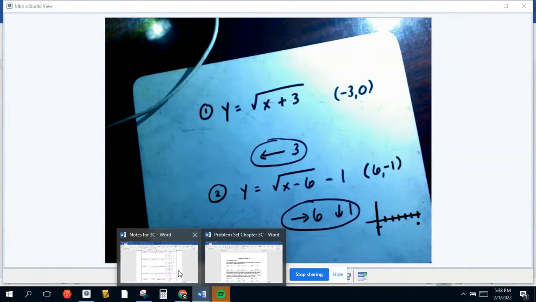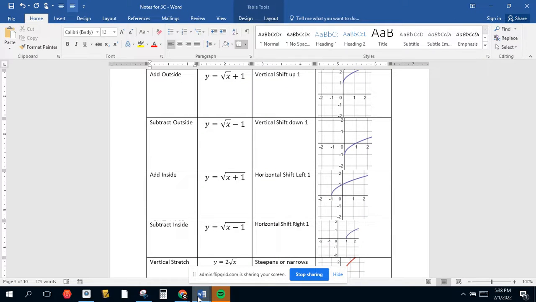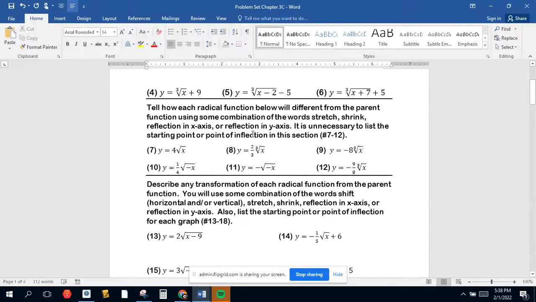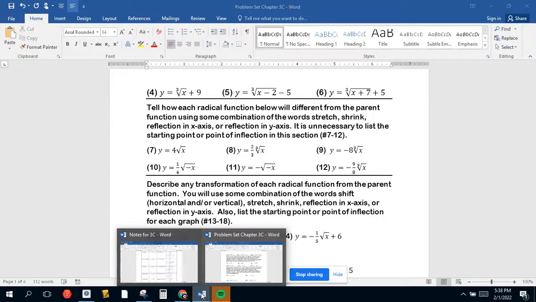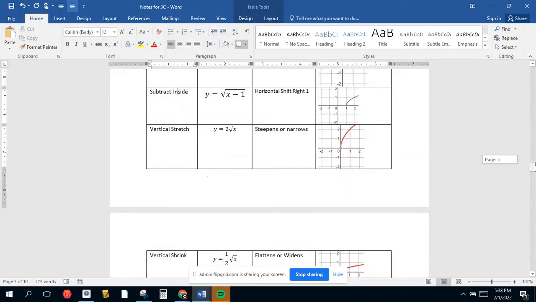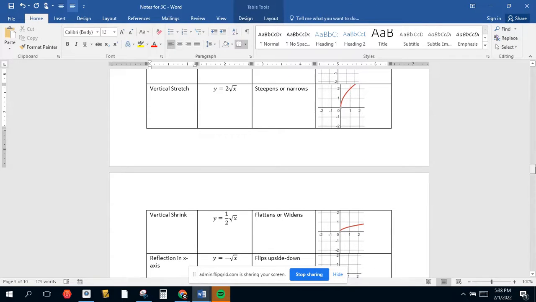The second part of a worksheet, if you have a worksheet and listening along here, you've got 7 through 12 where it gives you all these terms: shrink, stretch, reflection in x-axis, or reflection in y-axis. Okay, now we're only going to use the vertical stretch and shrink for this video. There is a horizontal stretch and shrink, which we're not going to cover here. But the vertical stretch, you can see, if you multiply by a number